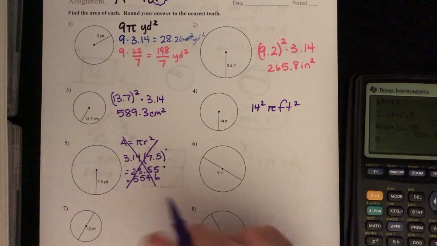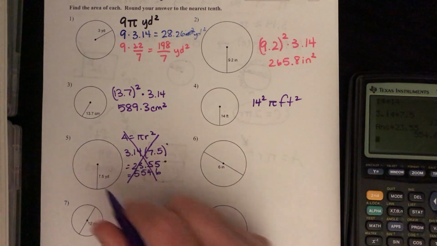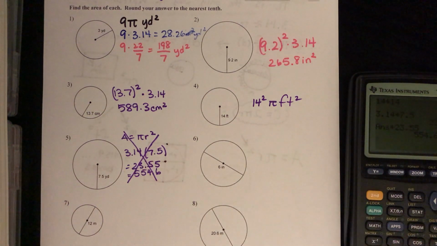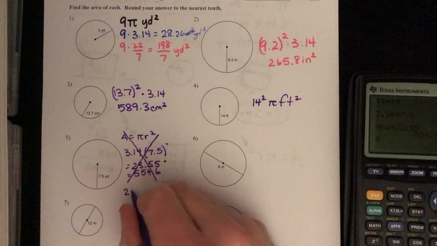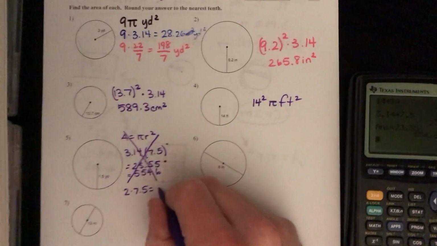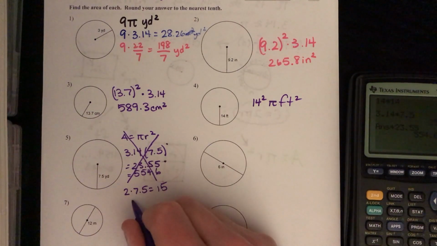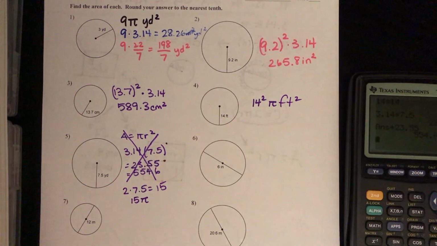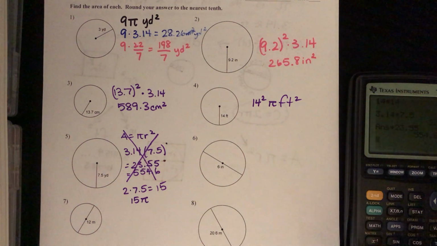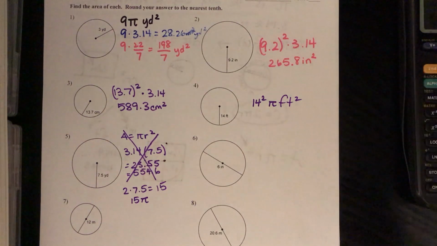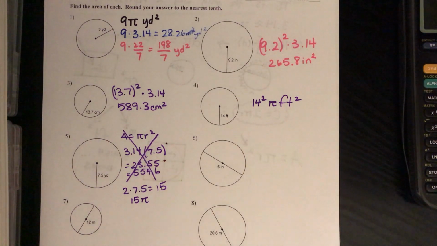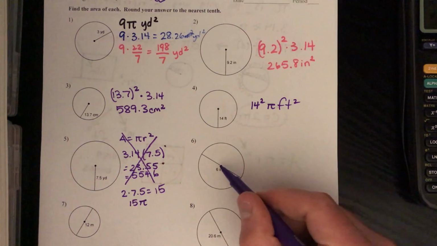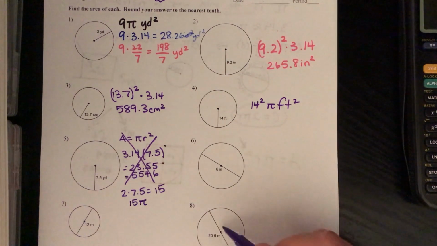Here's another way I would see people do this same one incorrectly. They would say, okay, I'm supposed to square 7.5. So that means to go times 2. So I'll do 2 times 7.5, which equals 15. And then they would do 15 times pi, whatever that is. I'm not going to bother right now. Please make sure that you remember that squaring a number means to multiply it by itself, not multiply it by 2. That's a super common mistake. In fact, I bet as long as you're not making one of those 2 mistakes, you're probably getting the same answers as me.